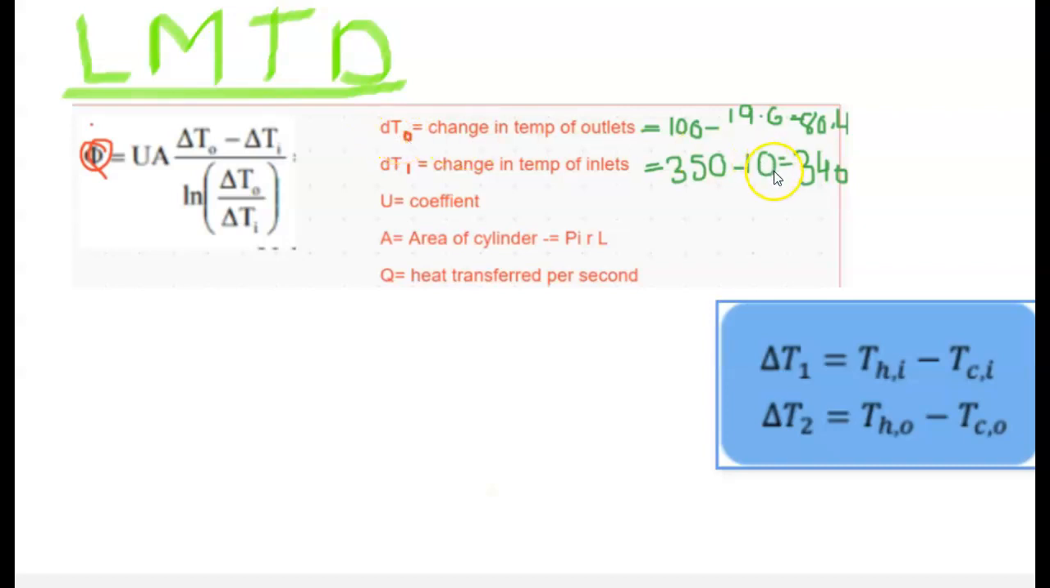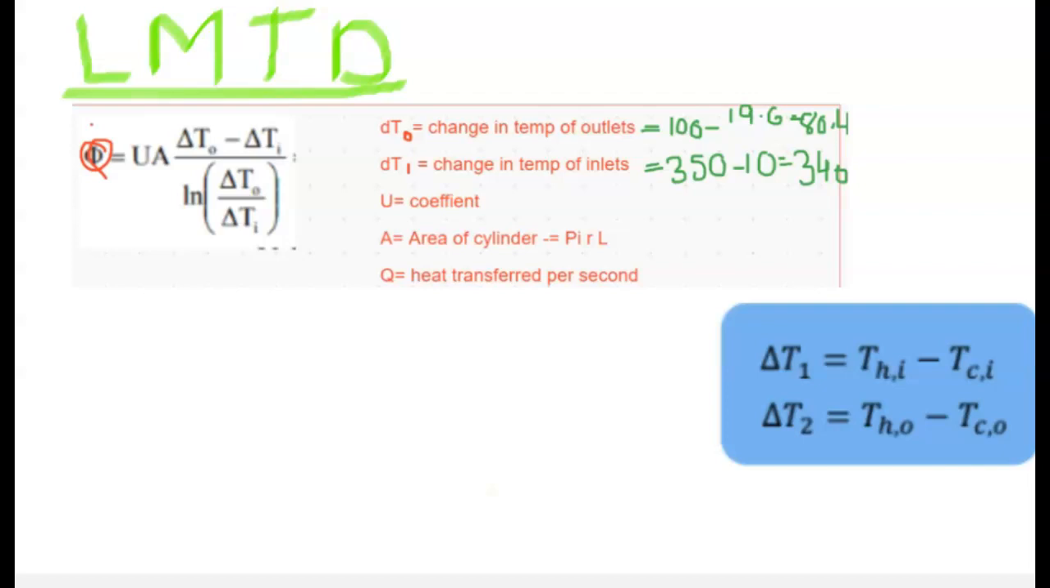At the outlet, the gas comes out at 100 degrees, and the water, which at the inlet was 10, comes out from the outlet at 19.6. So 100 minus 19.6 is 80.4. So we got that value. Now, because we are trying to find out